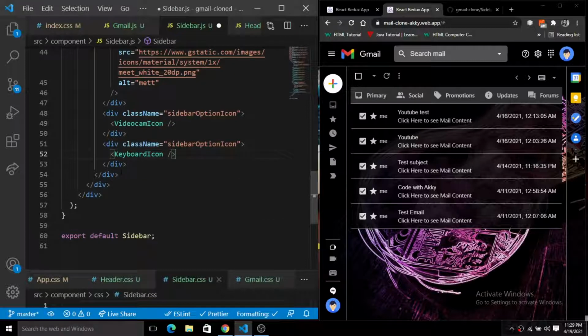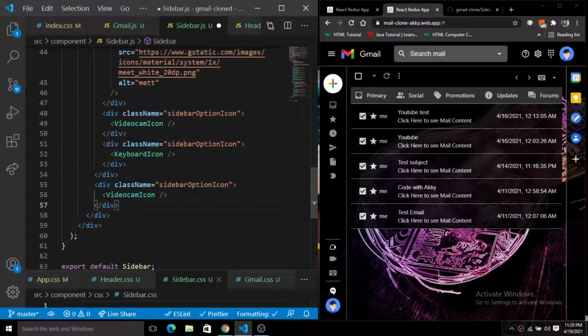So let me put another div. Here instead of this sidebar bottom option, I will simply remove everything. Sorry, we have this sidebar, and let's give the class name sidebar bottom last. So this will be the class name, sidebar bottom last. And inside of this we have our sidebar option. So simply remove this first of all. Again we have this sidebar options, not icon. Simply remove this. Okay, so inside of this sidebar option, we have this sidebar option icon.